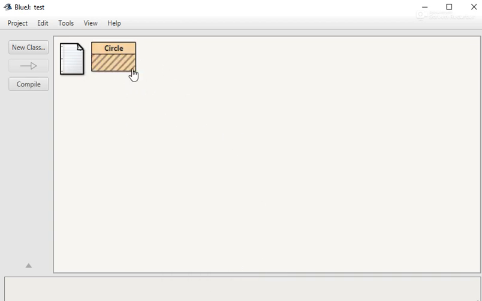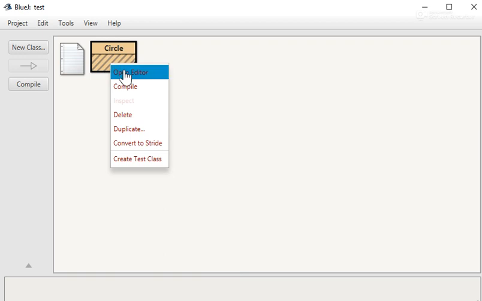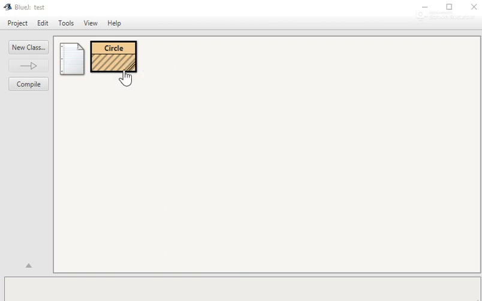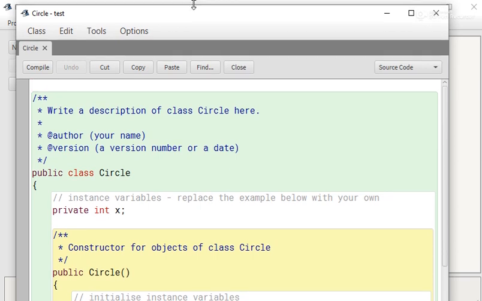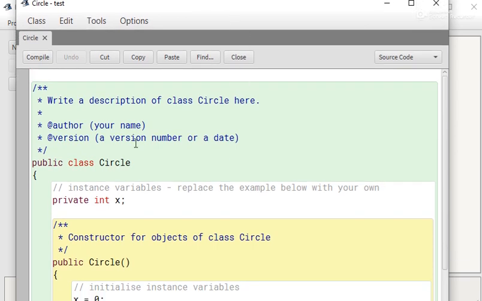After this, icon will appear on your screen. Then double click on that icon or right click and then click on Open Editor. Your editor window will appear on your screen, and then you can see there is already written some text on your editor.